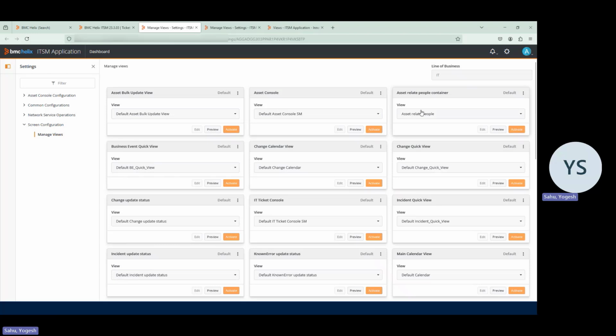Now here, a very quick introduction about the views available. These are all placeholders for the different views available in the Smart IT ticket console. The placeholder for the main ticket console is the IT tickets console. Currently, out of the box, there's a default view, which is default IT ticket console SM. If we want to make any changes in any of the views, we cannot make changes directly. We first have to create a copy,